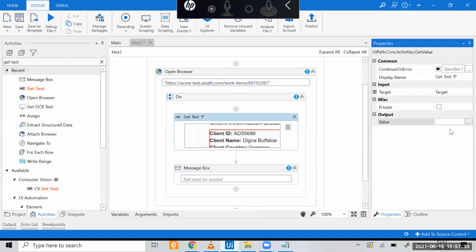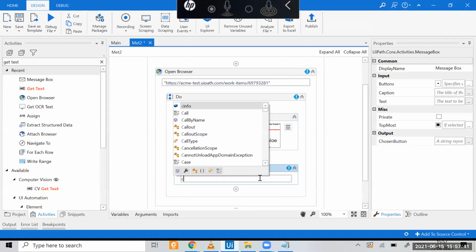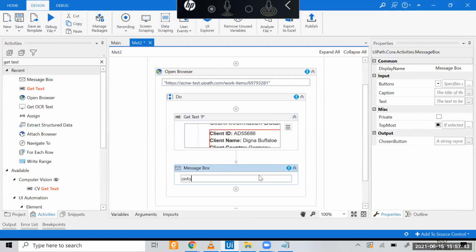Suppose Control K, customer details, C info, I'm writing. Now I'm passing that into this message box, C info, right? So let's run this sequence alone, run this file.